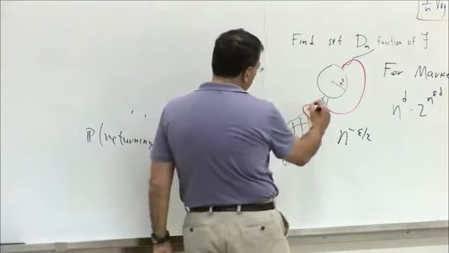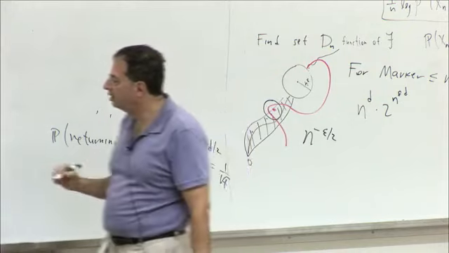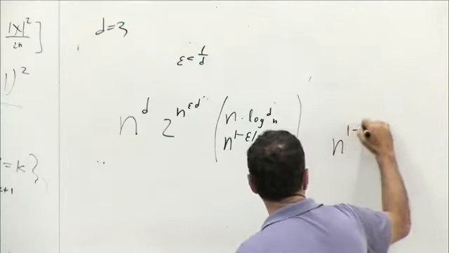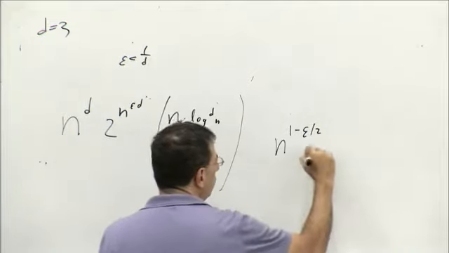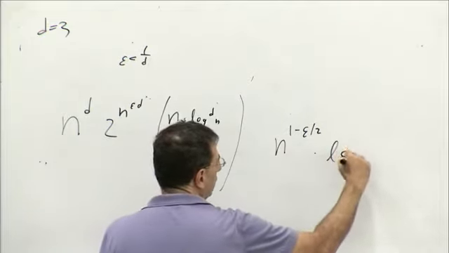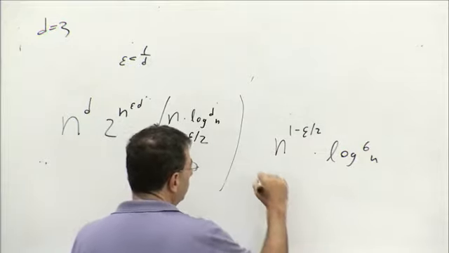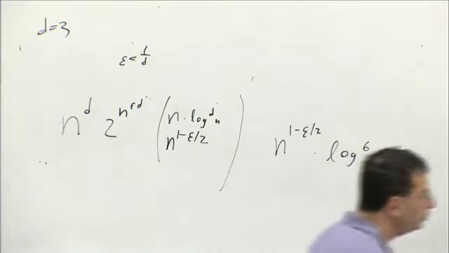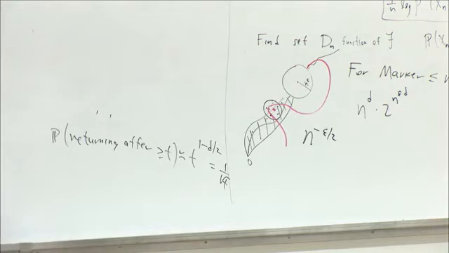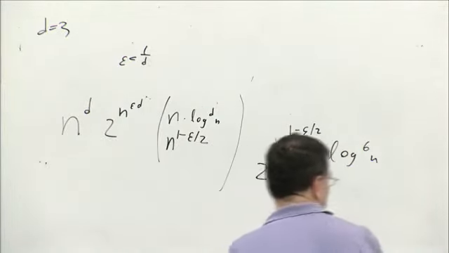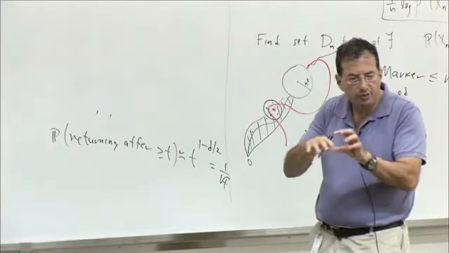In fact, we have these n to the 1 minus epsilon over 2 intersections. Around each one, we're going to draw a little ball of radius log squared, so we'll have maybe log to the 6 n points. We're going to enumerate over all the lamps in this little ball. That will cost us 2 to this power, which we can still afford. So we've enumerated over where the intersections are and what all the lamps near these intersections are.